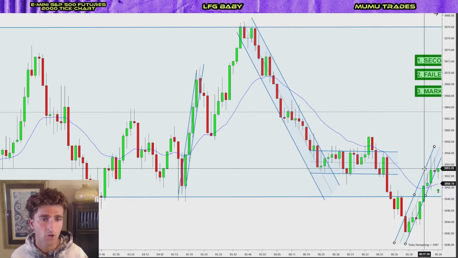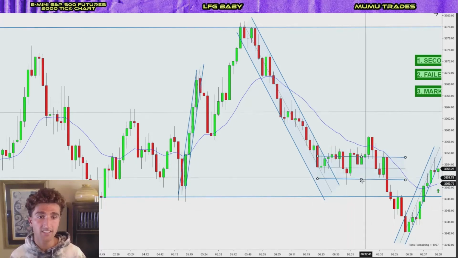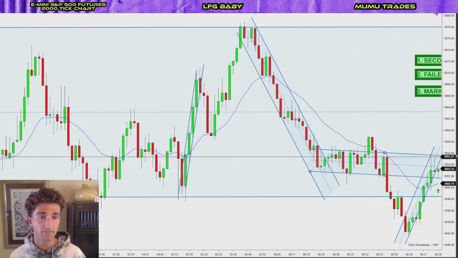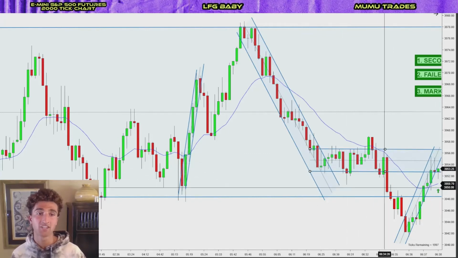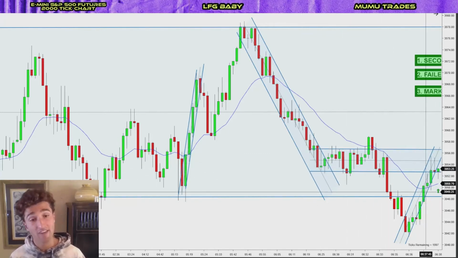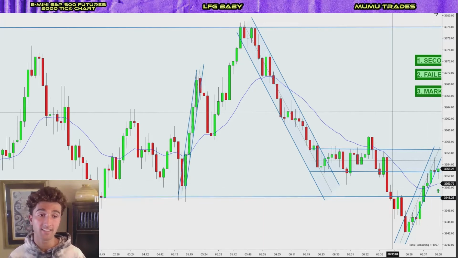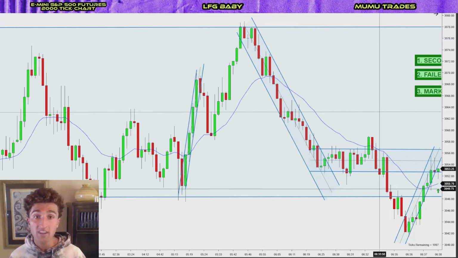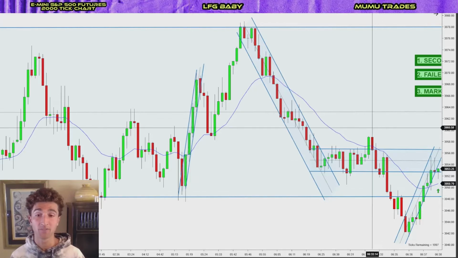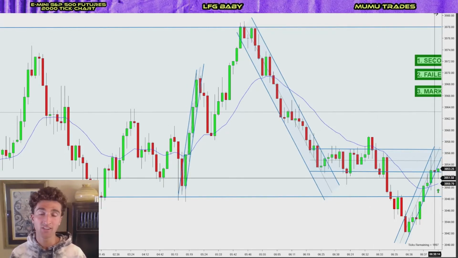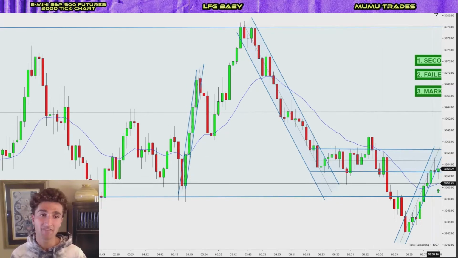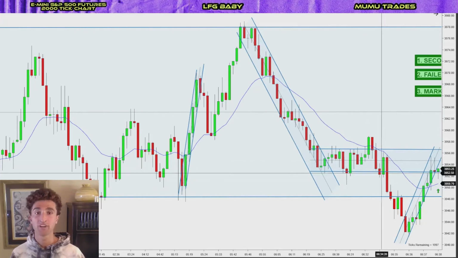Also, we're going long right into this congestion that we just had. If we extend this line, you're going long right into all that congestion, and that's never a good idea. So in this case, it would have been smarter to wait for an even better trade to present itself because we're only looking for the most high probability trades. Now, obviously, this trade did look very nice, aside from the fact that, like we said, we're into the congestion